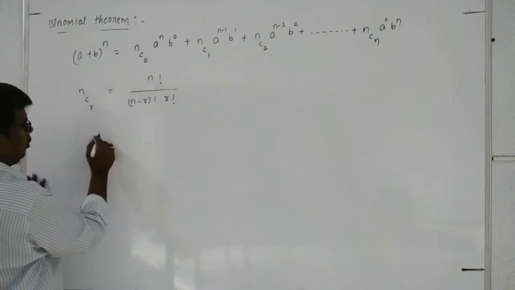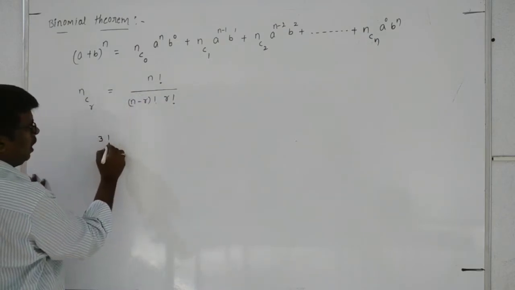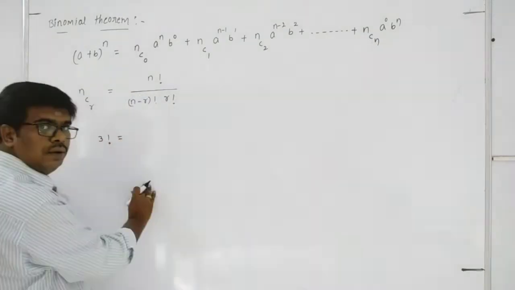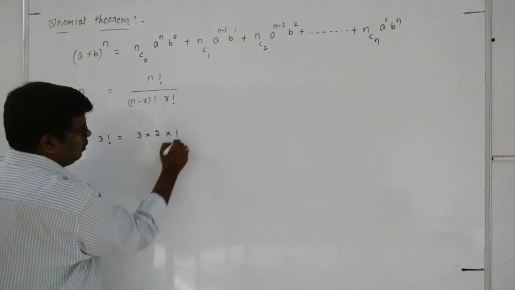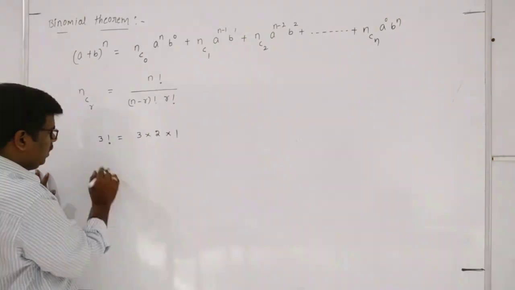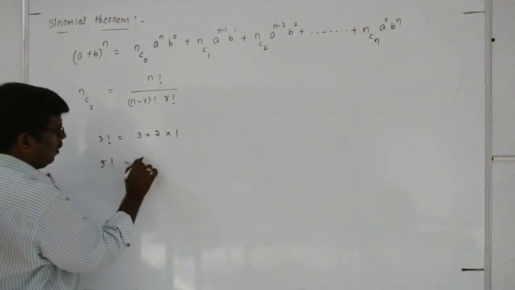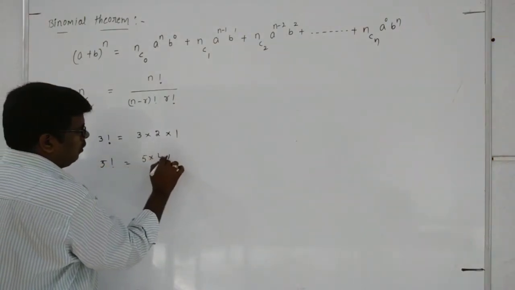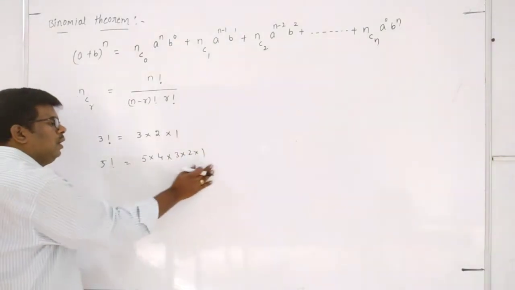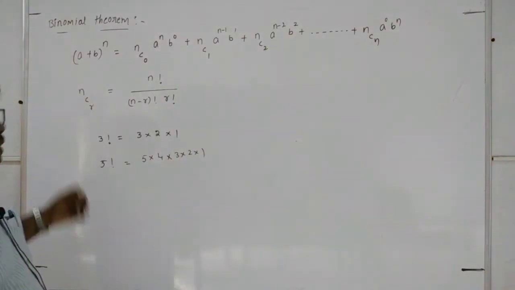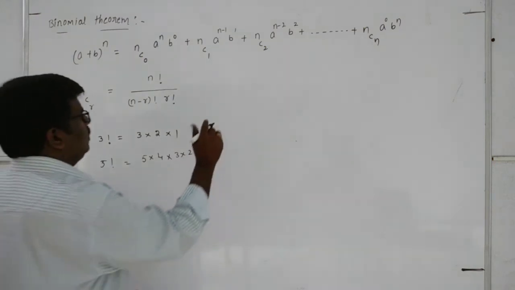Suppose you have 3 factorial. 3 factorial means you can write 3 into 2 into 1. Like that, 5 factorial means you know how to write 5 into 4 into 3 into 2 into 1. That is, up to 1 you can write like that. And also one more thing,